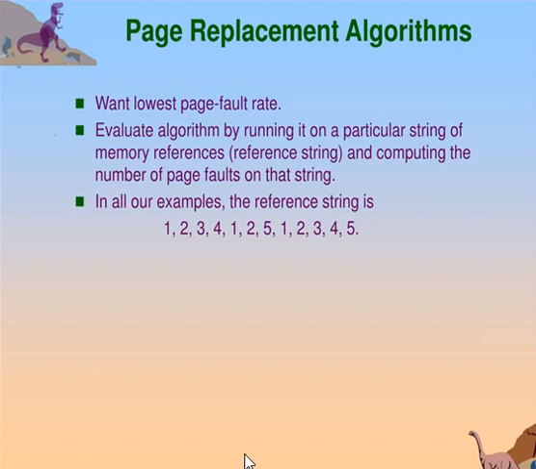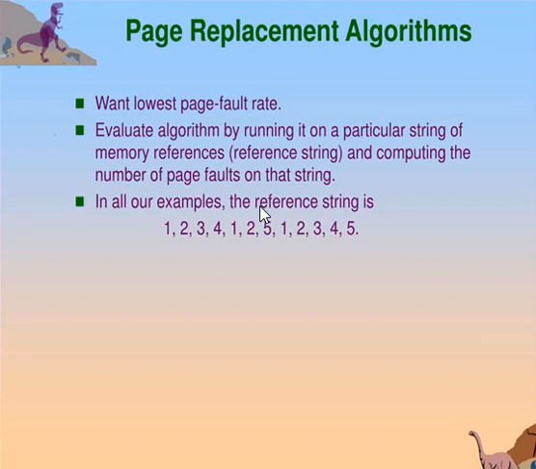We have a reference string here. Observe. We evaluate an algorithm by running it on a particular string of memory references and computing the number of page faults. The string of memory references is called a reference string. We can generate reference strings artificially, by a random number generator for example, or we can trace a given system and record the addresses of each memory reference. It produces a large amount of data, on the order of 1 million addresses per second.